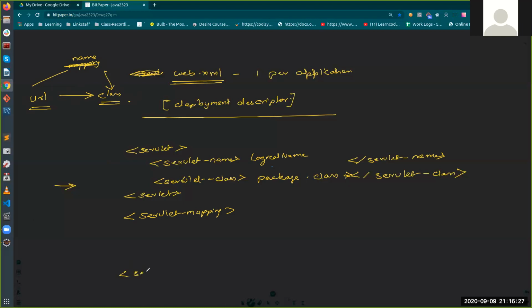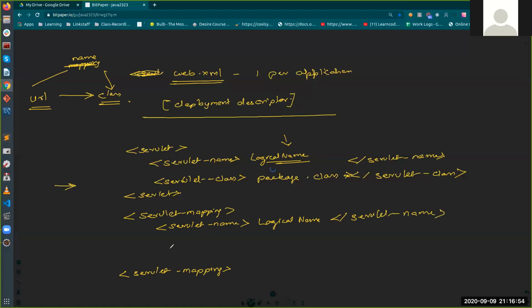So we'll have a servlet-mapping, right? And here I'm going to write servlet-name. So this is the servlet name that you have to mention over here, the logical name. Okay, don't consider it a keyword. This is just a name. You can write any name over here. I'm just writing a general term. So I'll say servlet-name, right?